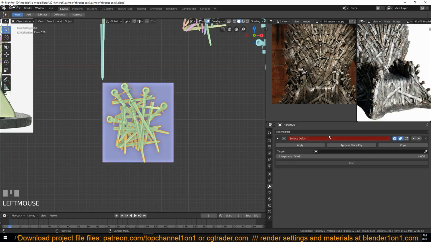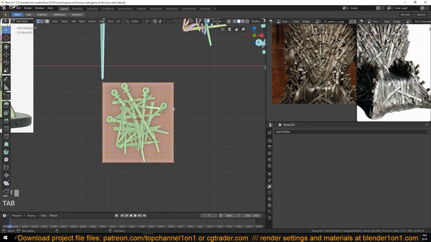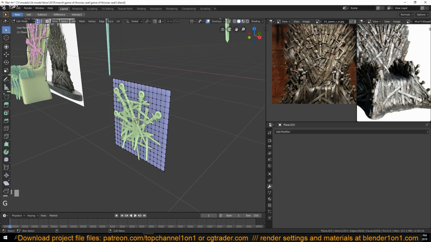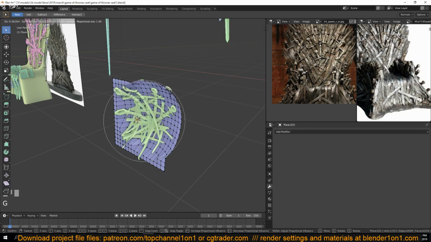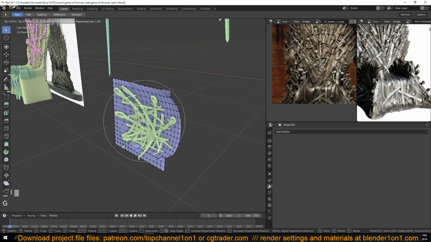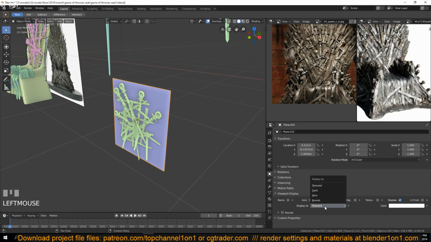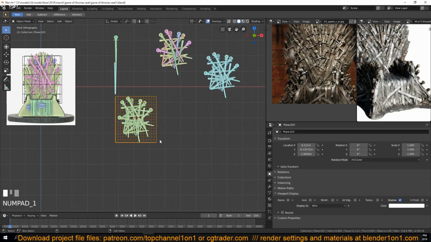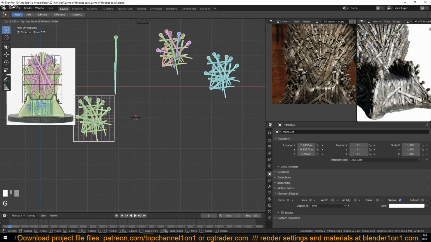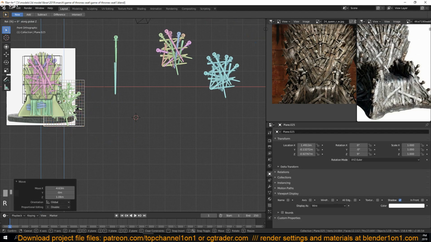Now I can select this and select, let me apply the rotation and scale just to be safe. Then select this and then bind. So again, if we move any points here, if I turn on proportional editing, you can see how we are modifying the mesh. I will again parent this to this so that I can control this better, and I'll also go to the display settings and change this from texture to wireframe so that we have something like this. And I can move this, rotate this,